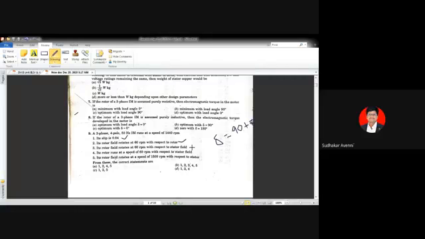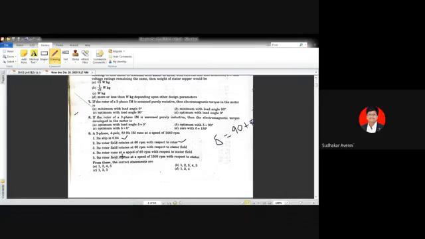See the third statement. Its rotor field rotates at 60 rpm with respect to stator field. So the third statement is wrong. Why? Because what is the relative speed between the rotor magnetic field and stator magnetic field? Zero. Stator magnetic field speed is synchronous speed, and rotor magnetic field speed is synchronous speed. Relative speed is 1500 minus 1500, which is zero. But here 60 rpm is given. So the third statement is wrong.